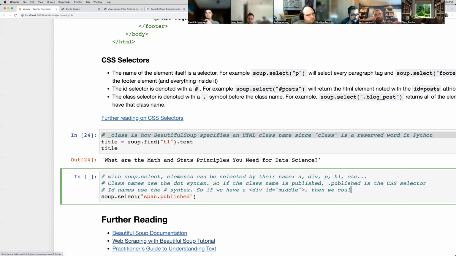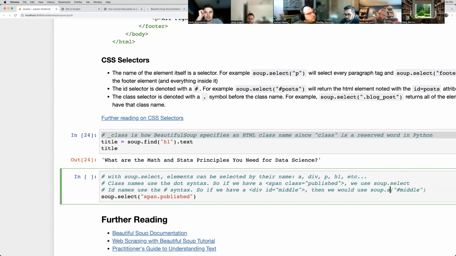Then we would use soup.find with hashtag middle as a string. So I'm going to put this a little more concretely. So we have a span class published. We use